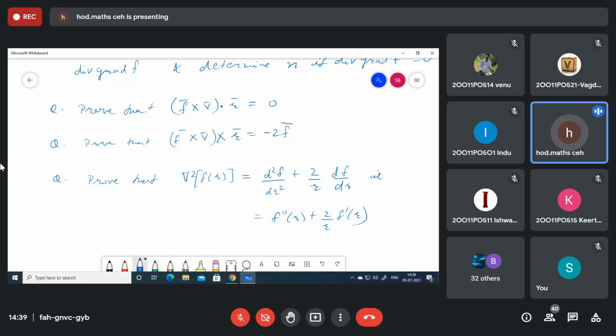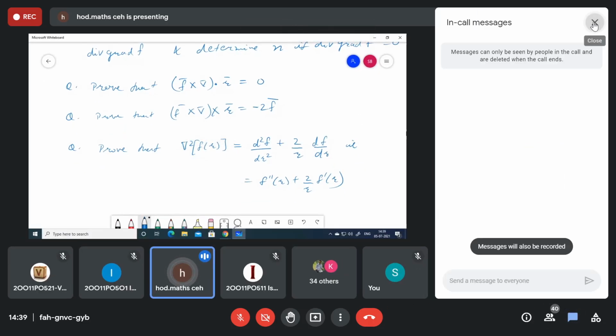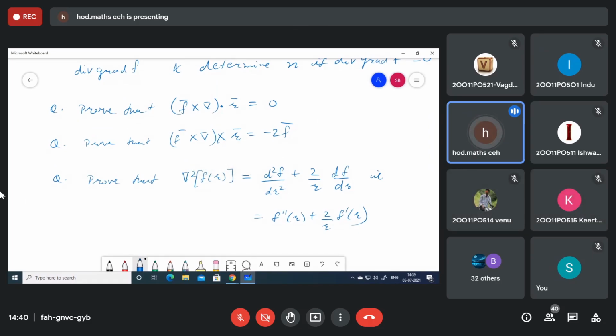And tomorrow we'll see about the vector identities. Based on these vector identities, we have some problems also. So there are some 9 identities. You should remember all these identities. In the exam, they may ask you to prove these identities, and based on these identities, they may ask you to prove something else also, some more identities based on a few identities. Some theorems are there. With this, your fourth unit will be done by tomorrow. So we will see these vector identities tomorrow itself.